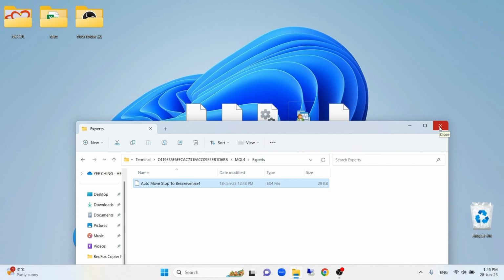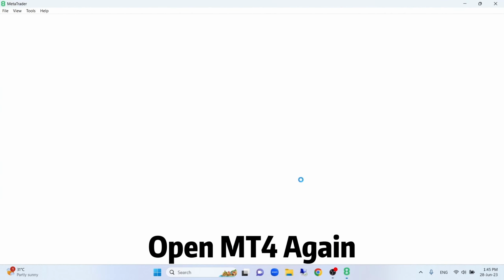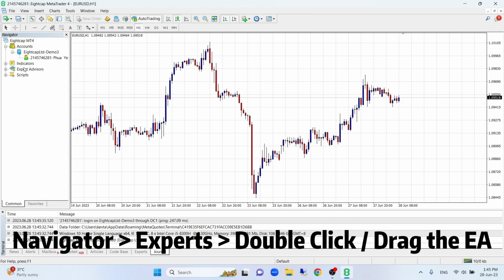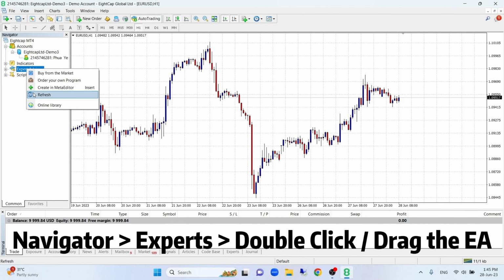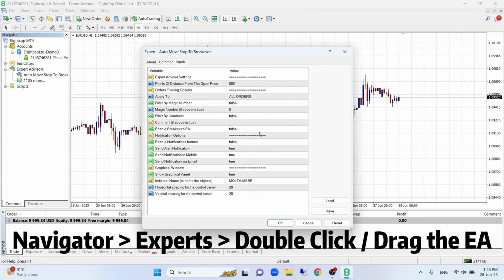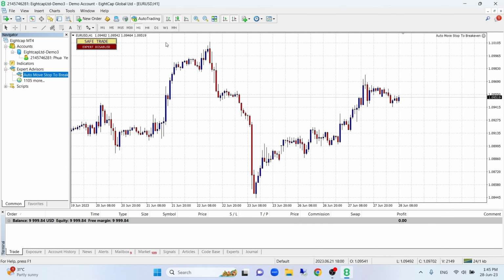And next, we can close this window and we can open our MetaTrader 4 again and we go to Navigator, okay, and we refresh. And after we refresh, we can see our EA will be here and we can drag the EA or double click the EA, okay, and after you have configured your settings, you can press OK and